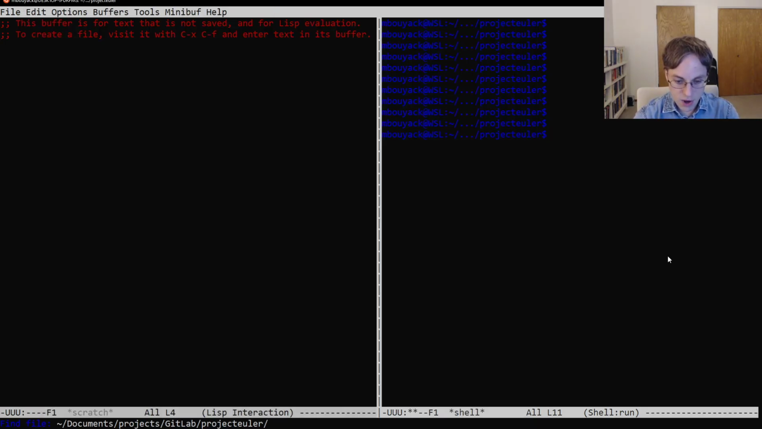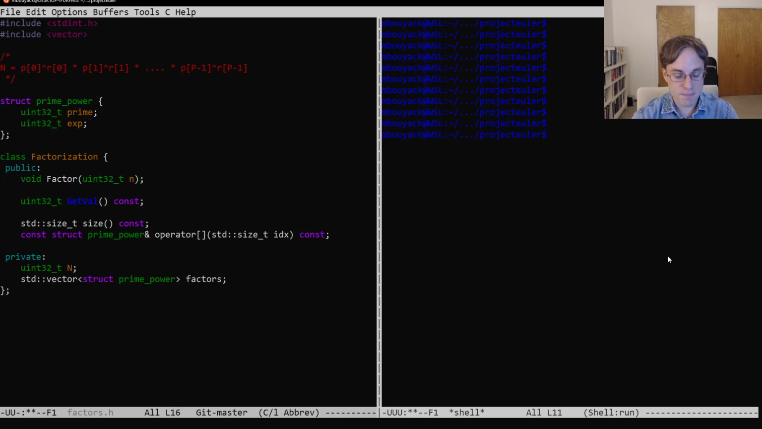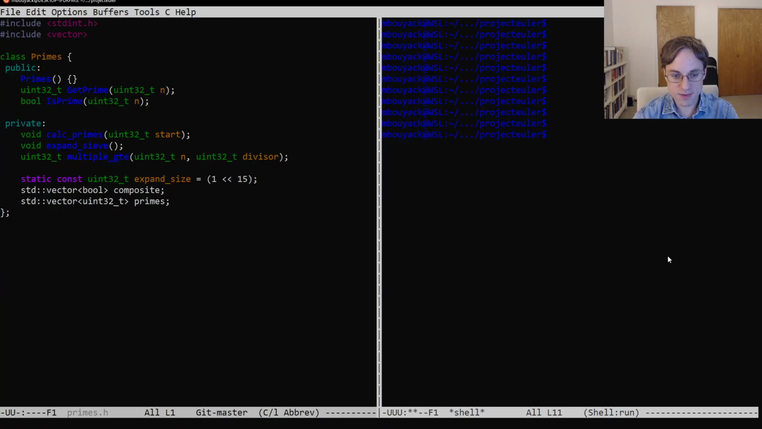So we'll start by opening up our factors class that we wrote last time, which you'll see here. And so what we're going to do is just add a method to our class, also called factor, but it will take an instance of the primes class to assist us in our factorization. And then if we switch over to our primes class,